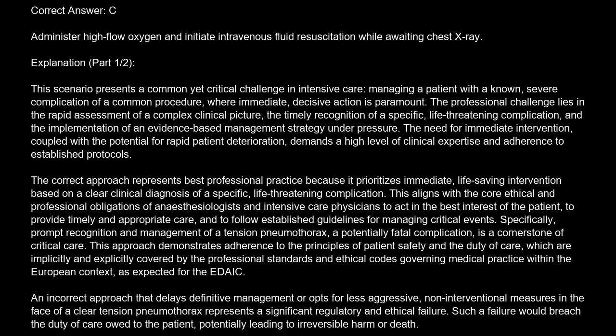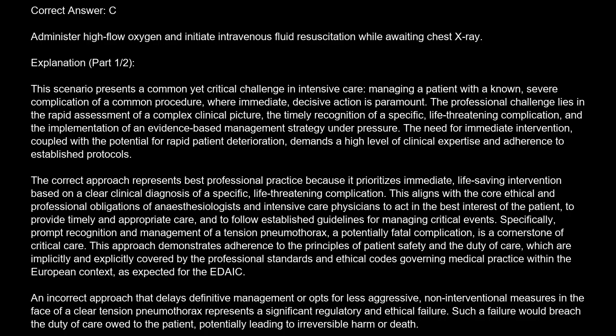The correct approach represents best professional practice because it prioritizes immediate, life-saving intervention based on a clear clinical diagnosis of a specific, life-threatening complication. This aligns with the core ethical and professional obligations of anesthesiologists and intensive care physicians to act in the best interest of the patient, to provide timely and appropriate care, and to follow established guidelines for managing critical events. Specifically, prompt recognition and management of a tension pneumothorax, a potentially fatal complication, is a cornerstone of